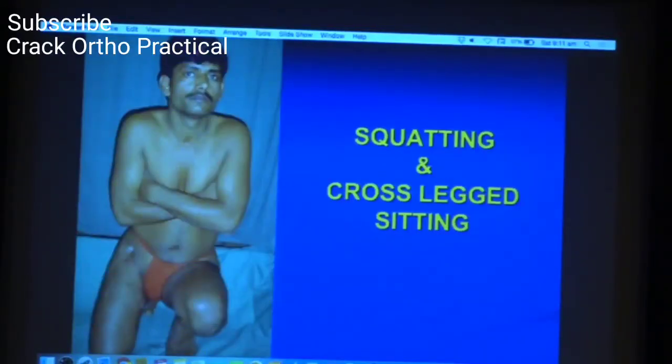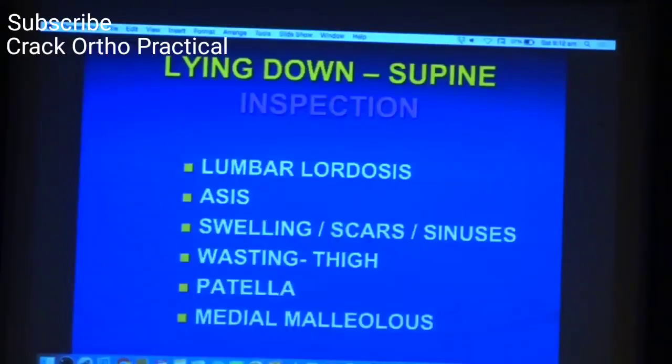So this particular patient was no doubt able to squat, but he had an adaptation. He has adopted a sort of a tripod stance while squatting. He has developed a contact with the knee, which has got another contact with the floor, and which is allowing him to be stable in the squatting position. It is not the normal squatting position, but this is the adaptation, and this should be underscored. This patient was not able to sit cross-legged, so we have not taken a picture of him.